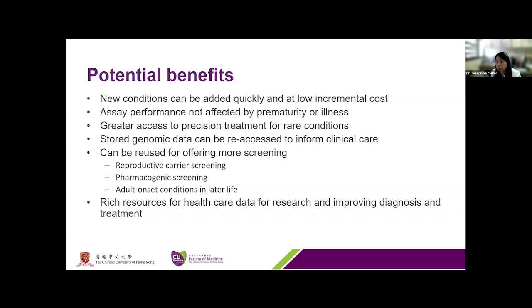And also the patient may have potential benefit like greater access to precision medicines for rare conditions. And also those stored genomic data can be reused and reaccessed for other informed clinical use and for future use, like offering more screening, such as when the patient achieves adulthood, they may want to consider reproductive carrier screening or pharmacogenetic screening, or later on adult-onset screening. So they can reuse the data that have already been sequenced and are in the database